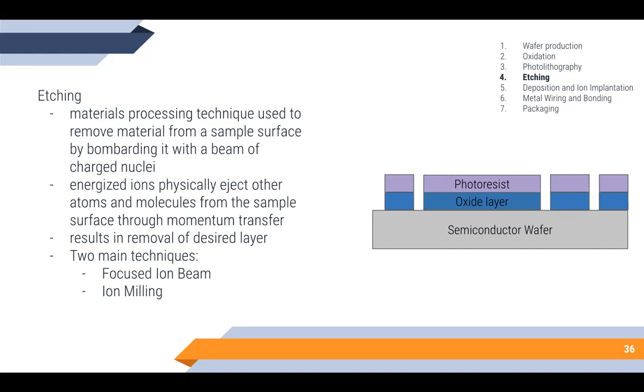In contrast, the near parallel ion milling technique involves energies less than 20 kilo electron volts, and an inert gas such as argon is ionized and accelerated to form a broad, non-focused beam of ions, which interact with the sample surface. The kinetic energy of the incoming ions is converted into heat and momentum upon impact, breaking atomic bonds and ejecting material to remove thin layers in a controlled fashion. By focusing the ion beam across an area of interest, the exposed surface can be precision milled to a desired depth.